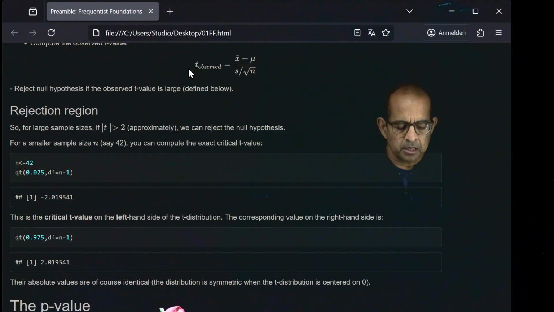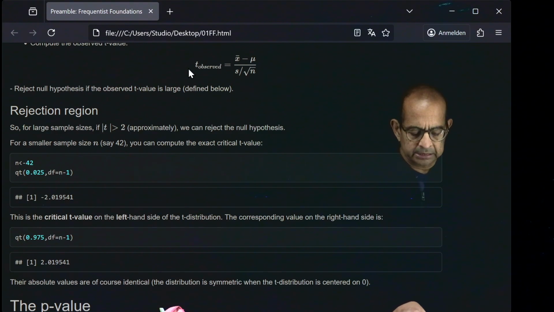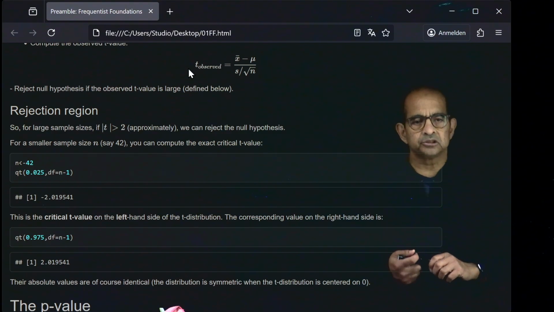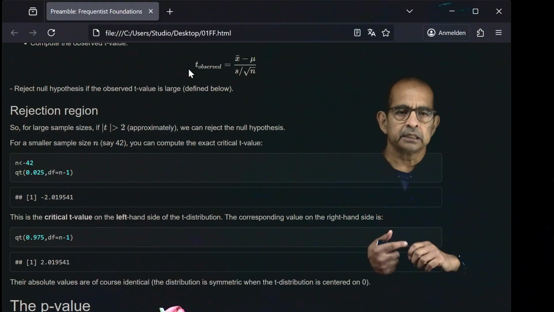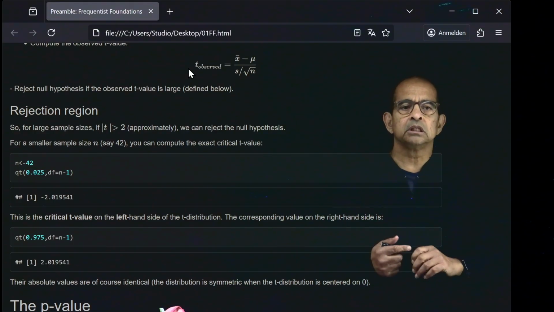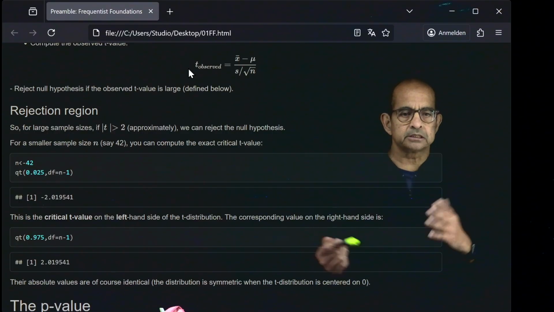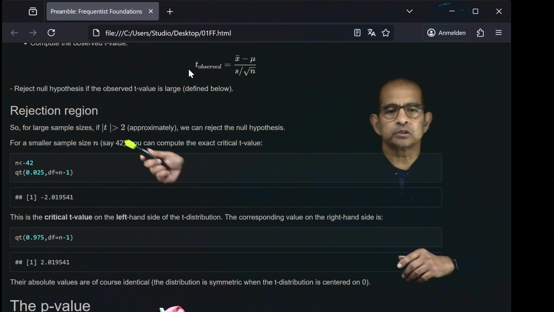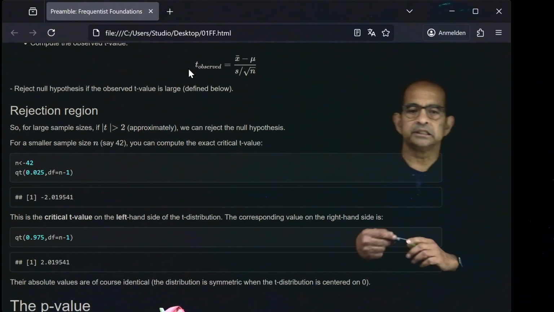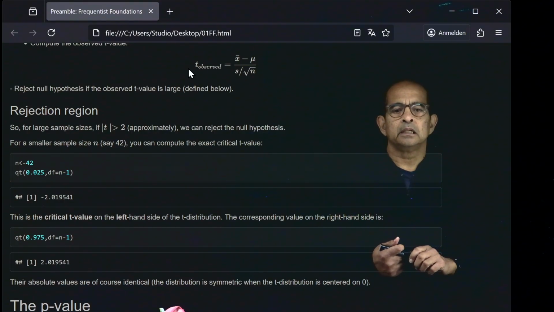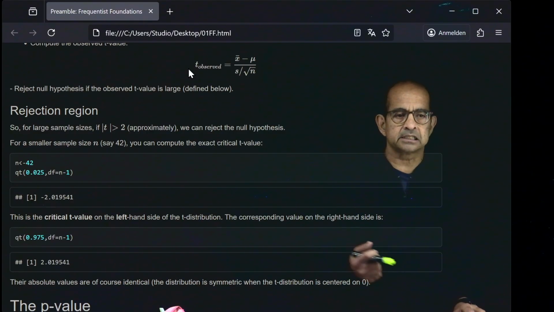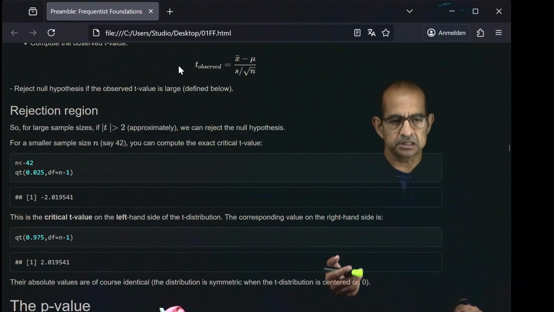So if you think about the hypothesis testing procedure, we basically make a decision about whether to reject the null or not based on the rejection points that we decide on, the critical t values for a given t distribution with some particular degrees of freedom. So that's what I'm calling the rejection region here. And what we report in a data analysis in a published paper or something would then be the observed t-value